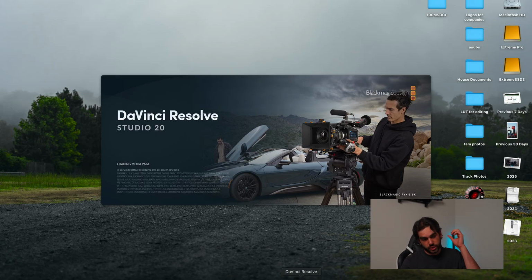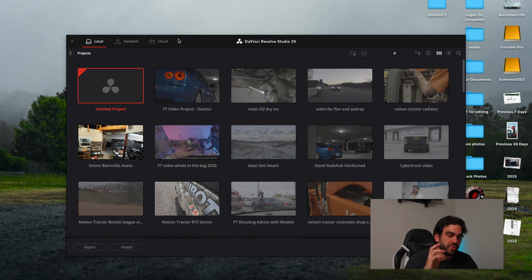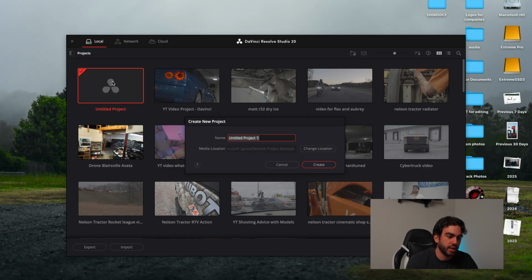All right, so I'm loading up DaVinci here. You can see this is Studio 20. By the time you're watching this, it may have changed, I don't know, but it'll pull up your project menus. So I can select from any of my previous projects here. But for you, if you're starting a new project, you'll come over here and double click Untitled Project, name your project